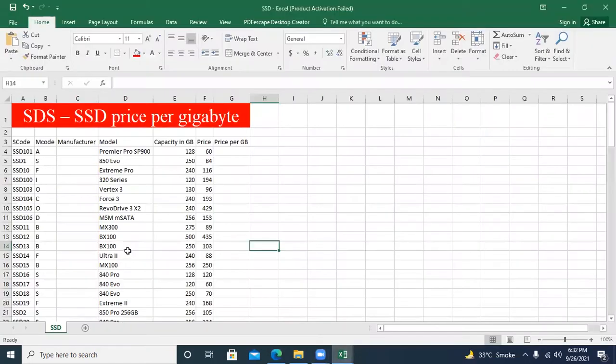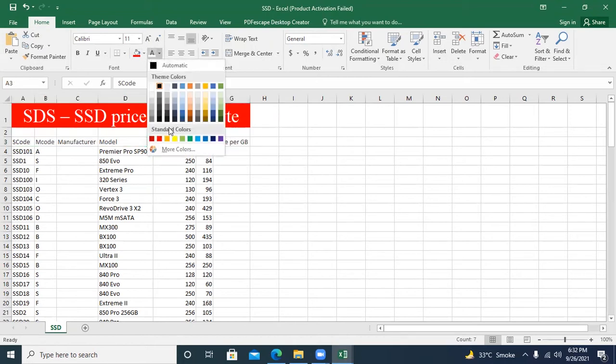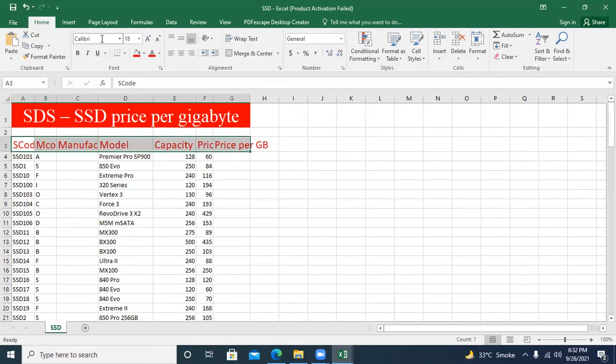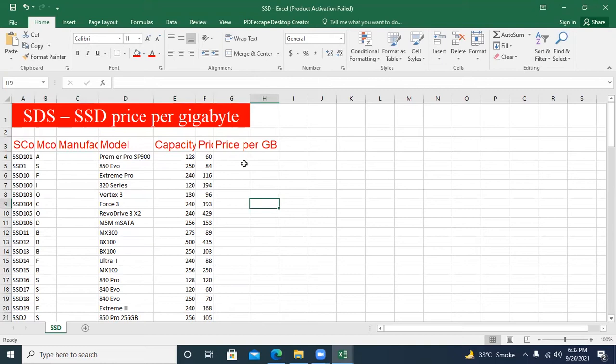So again go to this, select this side, and it is red and 18 points high font size, and it's Arial.